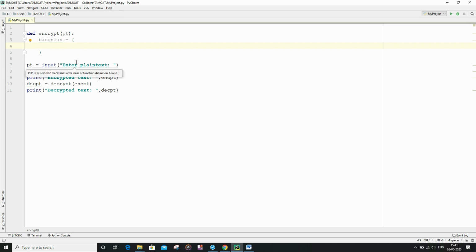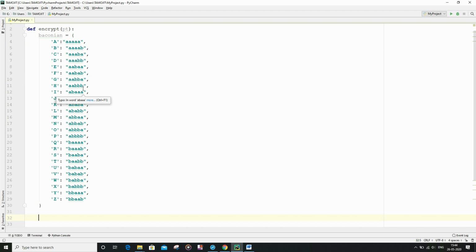For the first pair of keys and values, we have capital A, followed by its Baconian cipher. And now for each of the other characters, let me write it. As you can see, I have written all the pairs of keys and values.